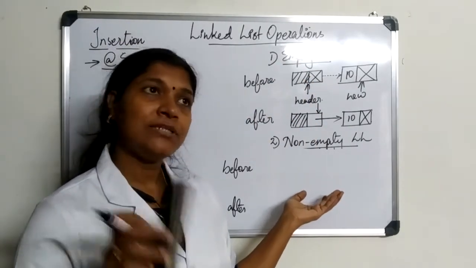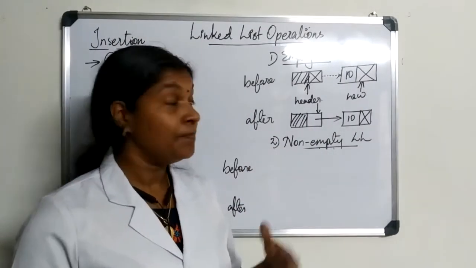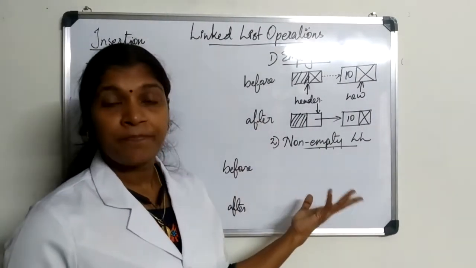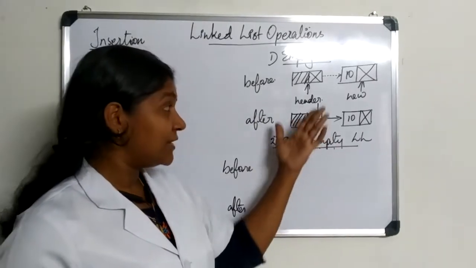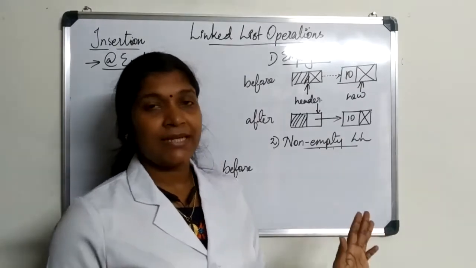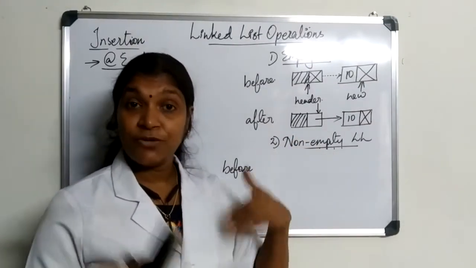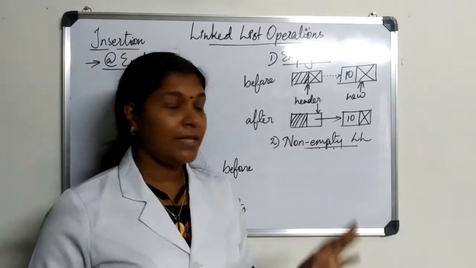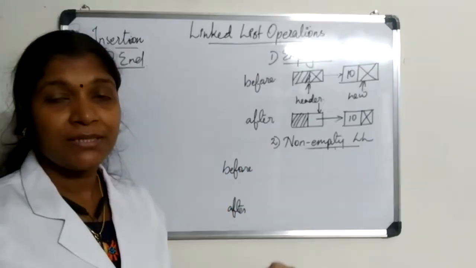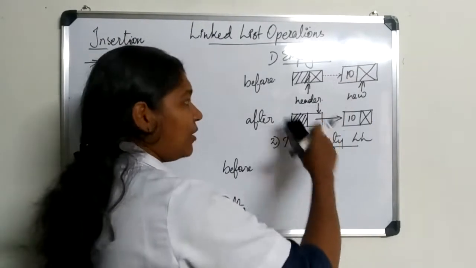And what is the difference if we don't consider it like that? Actually, for the first case, in the beginning, instead of considering two cases, we can perform it as a single case itself. But if we provide it like this, it would be common for all the three cases, and it would be easy for you to remember. So this is also a method to perform insertion. So the empty linked list is common for all the cases.